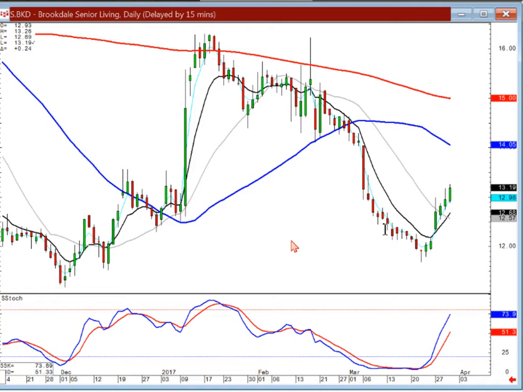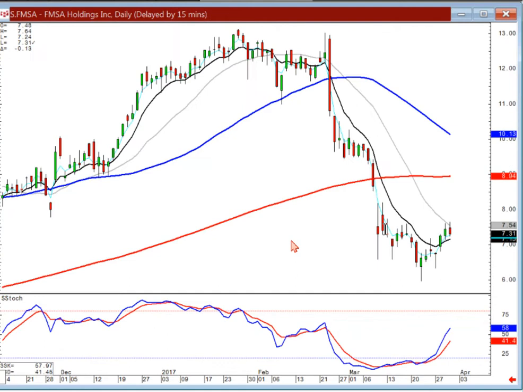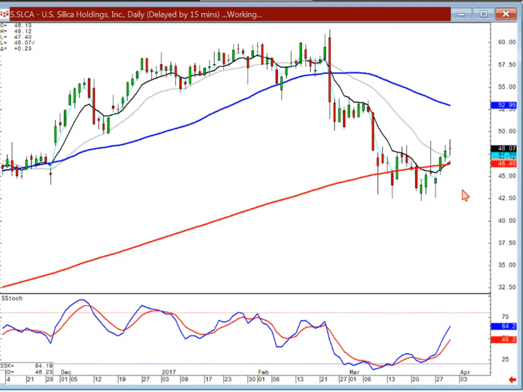Okay. Some others that look good right now. FMSA. Notice the dojis. Notice your doji hammer gap up, best friend. There's a gap right up here, so at least you know it could be heading up here, potentially to the 200, giving you a little bit of price move in your direction. Same scenario on silica. Hammer, gap up. If this opens positive, you can be buying immediately your doji sandwich